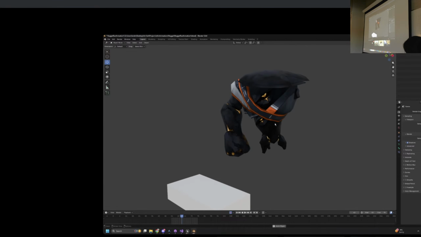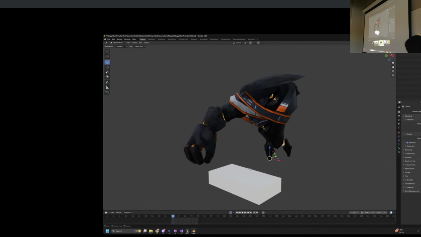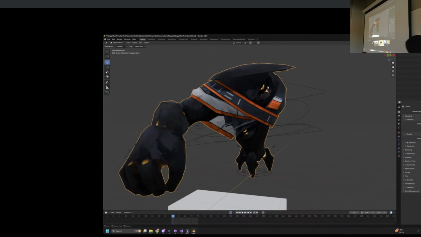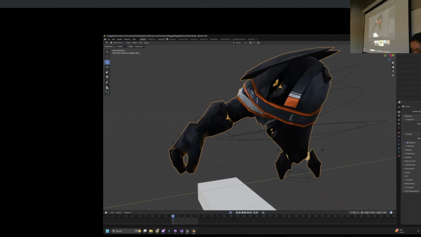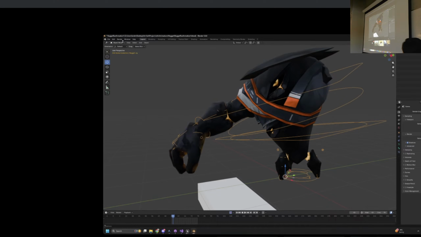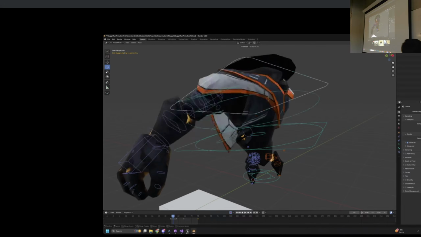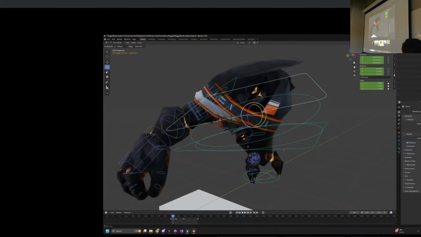Yeah, this is one of my first little monsters for my game. But you know, you would create the model, you would UV it, texture it, create an armature for it, and then create rigs that can move the armature, and you have great tools like